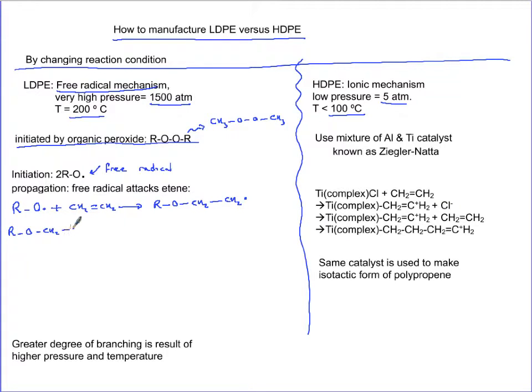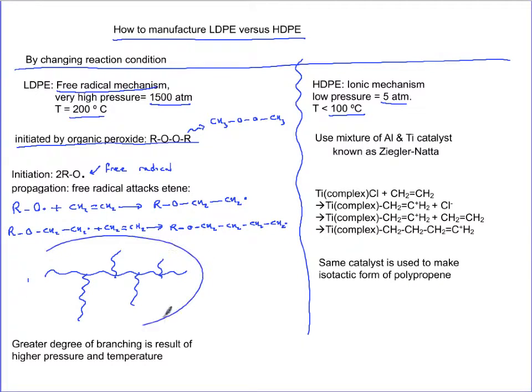Now this free radical is capable of attacking other ethene in the reaction vessel. So the chain is getting bigger, but what it can also do is attack any ethene in the vicinity, because its job is to go after hydrogens. So I'm going to put one more segment of this linear chain, but I want you to realize that now those free radicals can go after others. If this is the segment of polymer, you could also have branching going here because the free radical is attacking. Since you have branching going, you're a low density polyethylene, and you have properties of